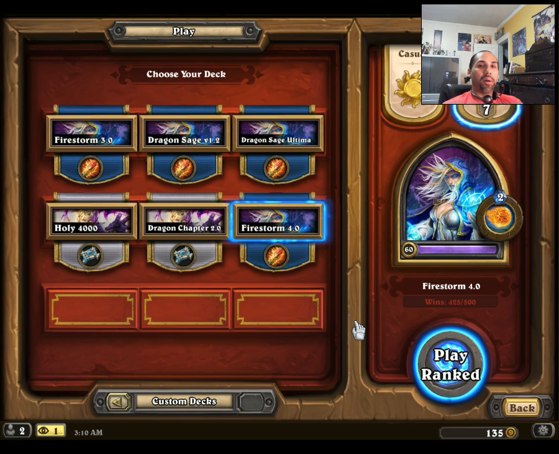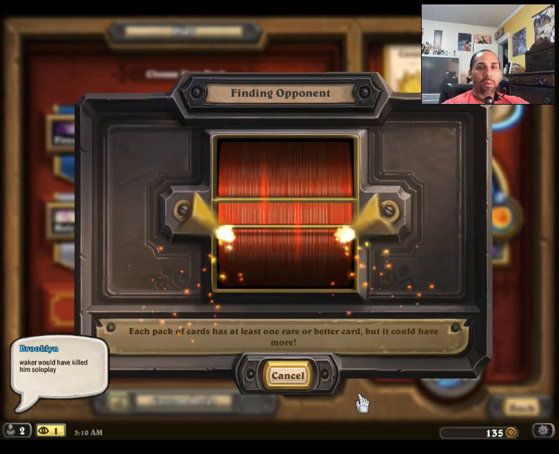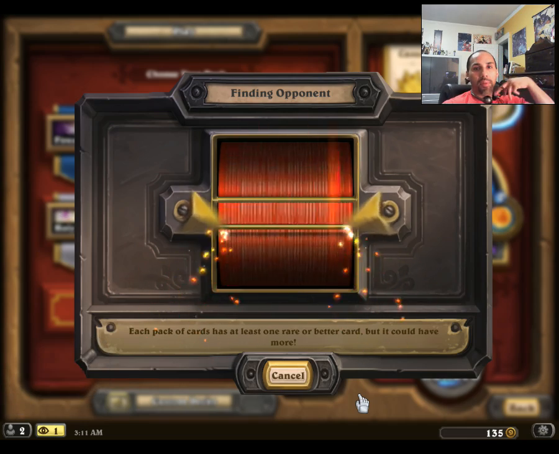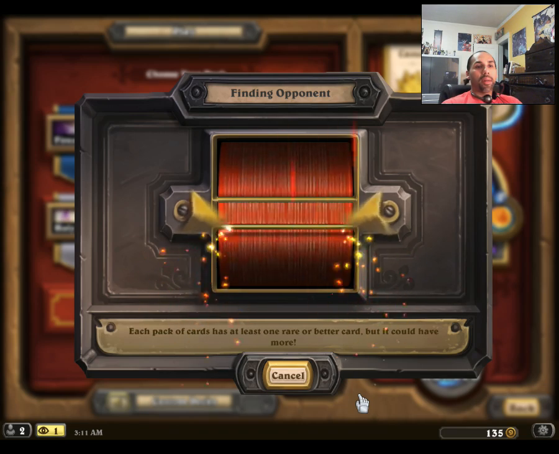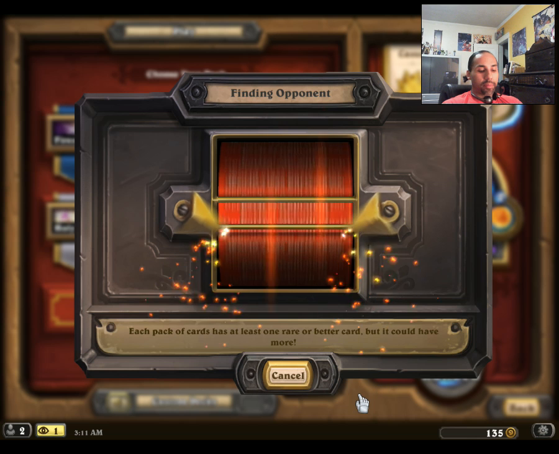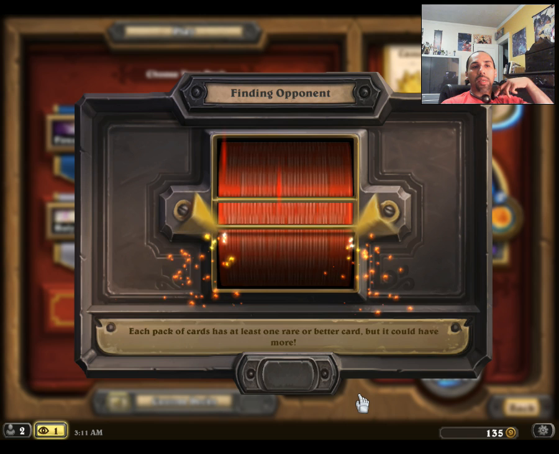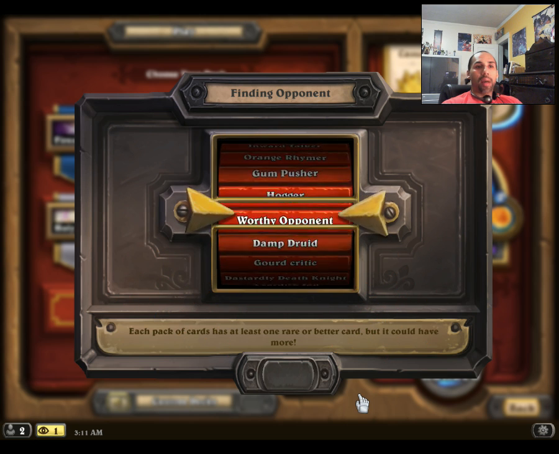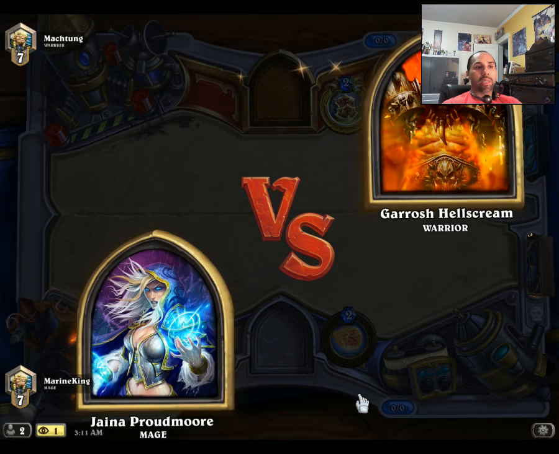Firestorm 4.0 Season 16 Instructional. For those of you who are familiar or aren't familiar, there are three other Firestorm decks: Firestorm 1, 2, and 3.0. Now, this is the fourth rendition, and this Firestorm is a little different from the others. It plays a lot faster, it is a lot more aggressive, and to be honest, I think this is probably the most dangerous Firestorm